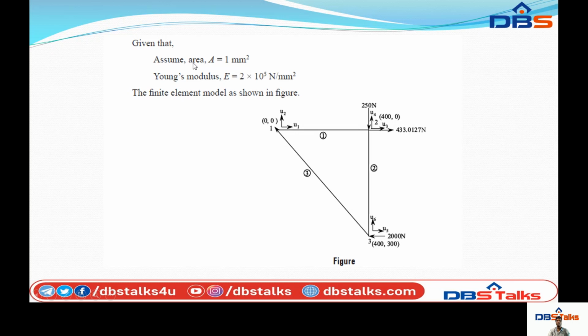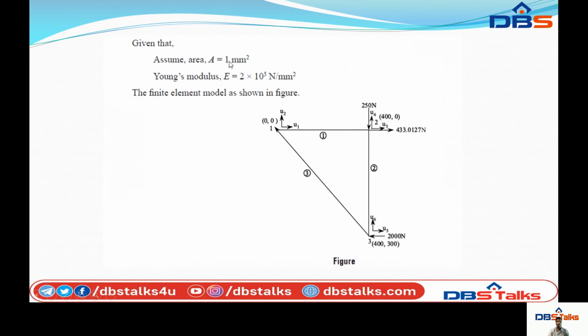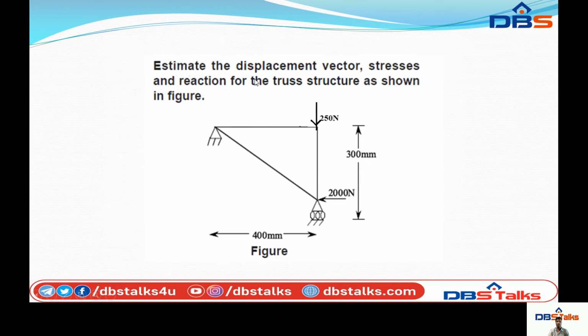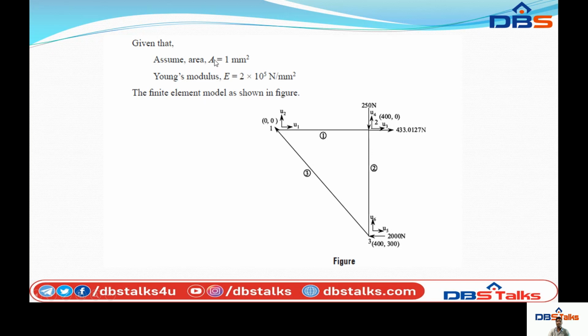Here in the problem, they do not give the area and Young's modulus for the truss structure. They only gave the truss structure with the lengths and the supports, mobile or fixed. So I'm assuming the area equal to 1 millimeter square,